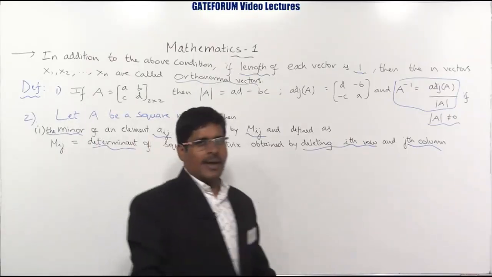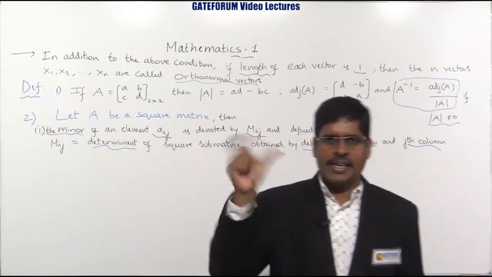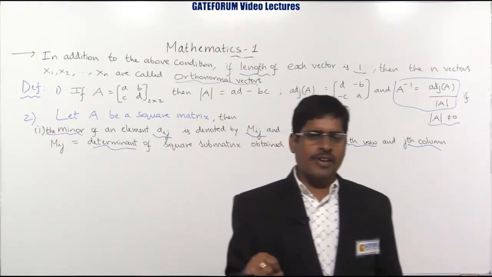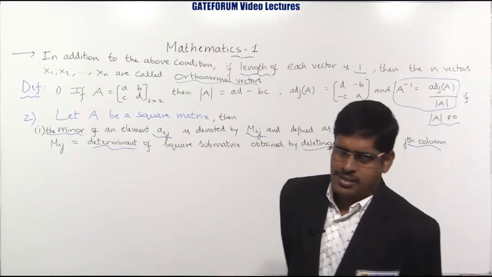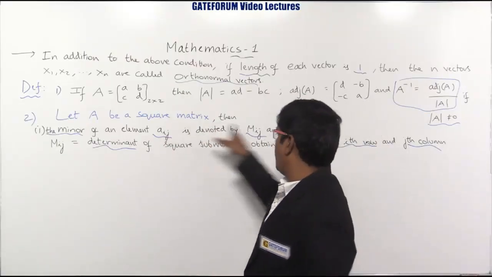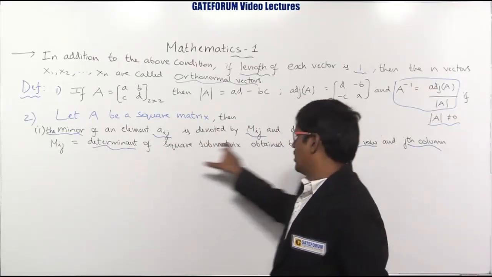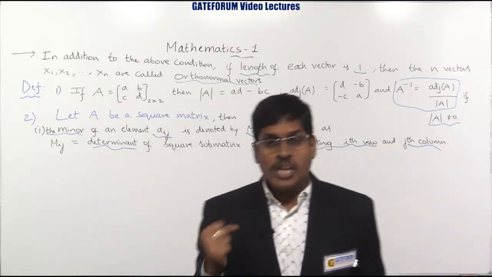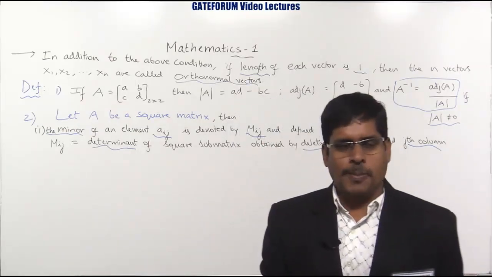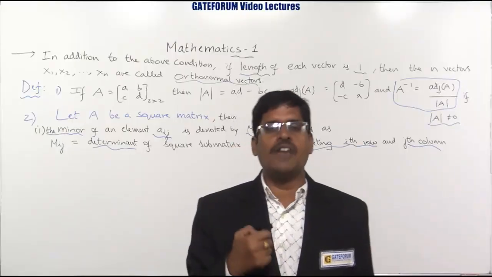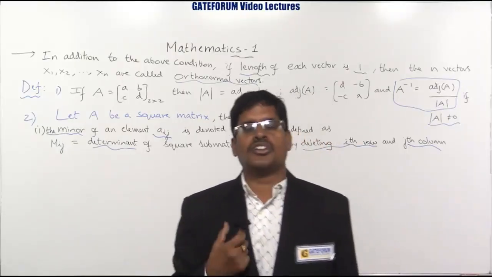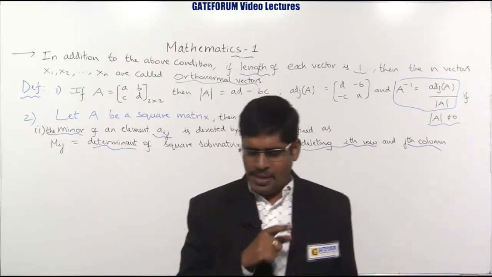So if it is a 3 by 3 square matrix, take any element Aij. Aij means either A11 or A12 or A31, A22, anything. For that element, the minor is denoted by Mij. And how to find it? It is the determinant of a submatrix, which is obtained by deleting the ith row and jth column. For example, if I take A12, what is A12? The first row, second column element. First, immediately delete